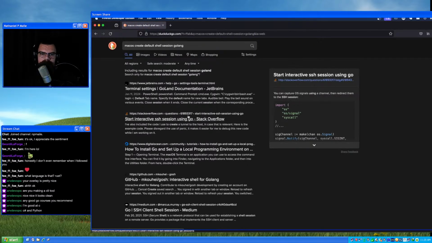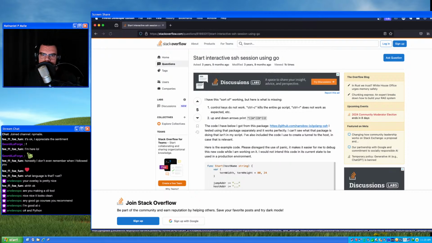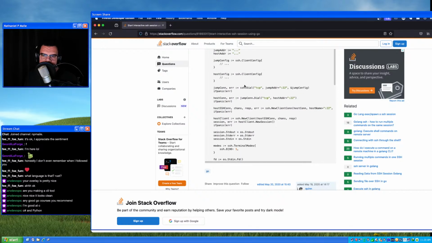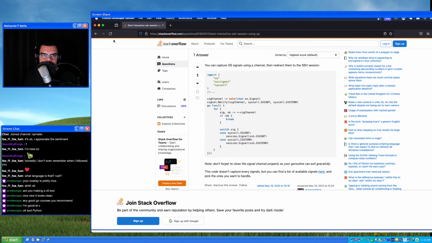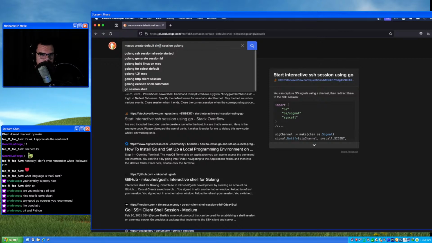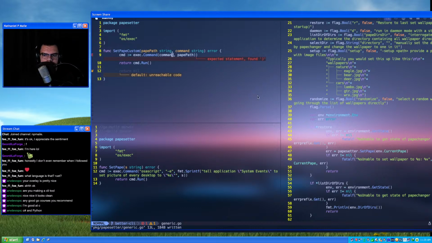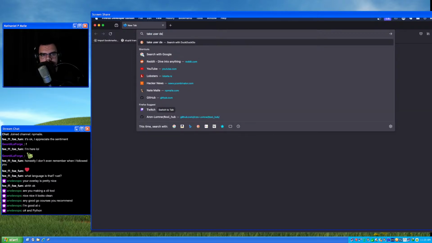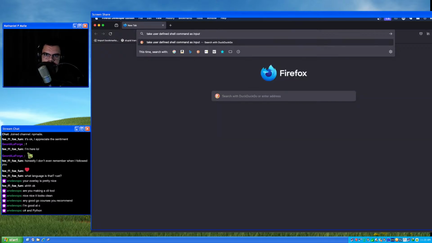What's the best way to do that? This isn't going to be exactly what I want, but we shall see. It's OS signals. I know that if we, let's see, what if we search for take user defined shell command as input, Golang.